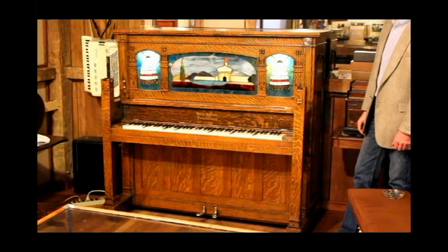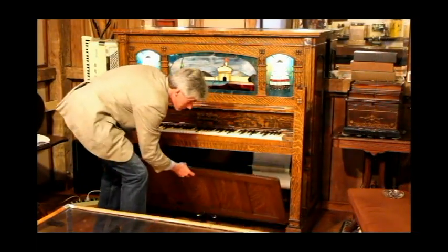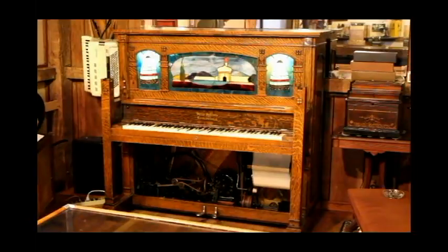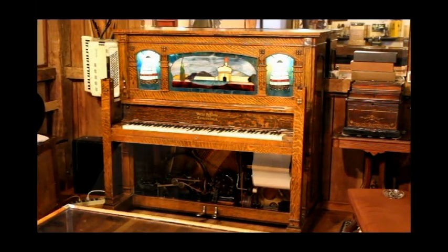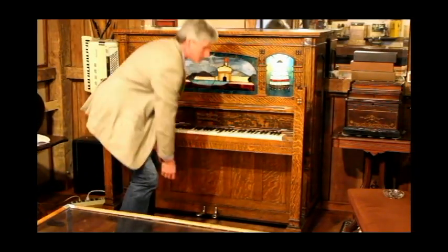Using bellows to create vacuum, perforated paper rolls allow vacuum air to operate pneumatics that lift the piano hammers from the back of the keys to strike the strings. Added weights to the front of the keys allow them to drop in accord with the notes being played. Customers marveled at the sight of glowing stained glass and the day's